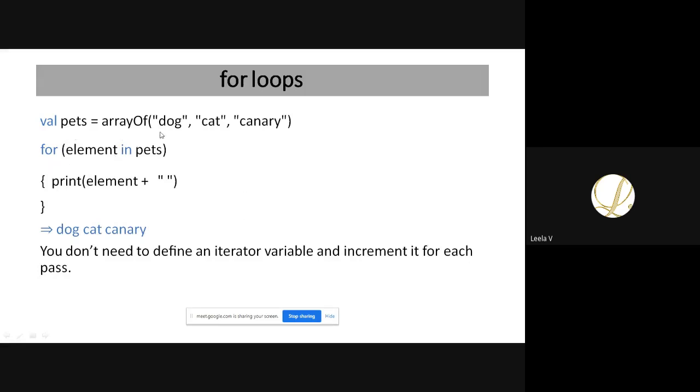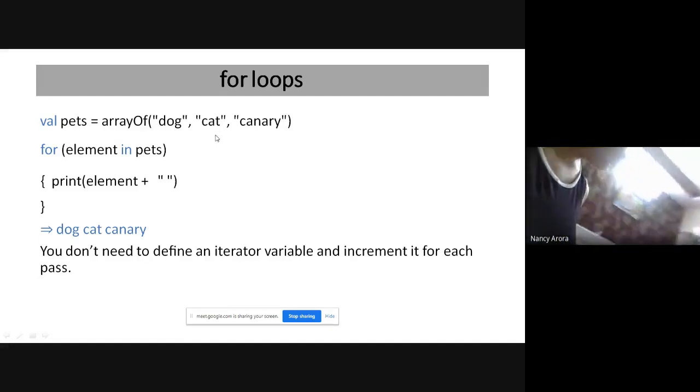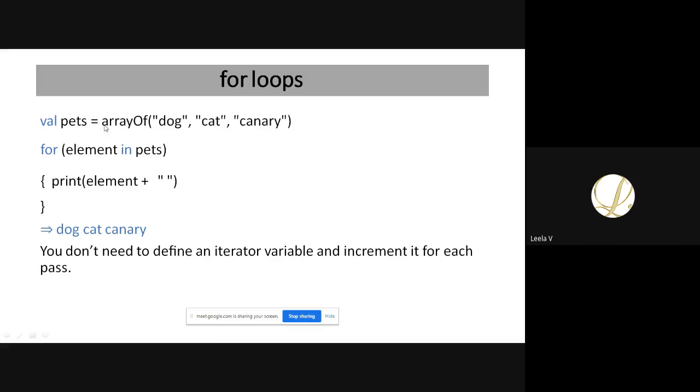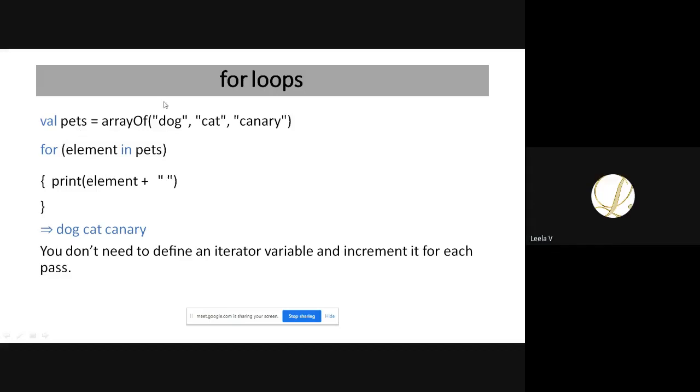For example, I am taking this array. This array is created with the help of arrayOf, and the O should be in caps, for creating an array in Kotlin. This array will be assigned to the variable pets.